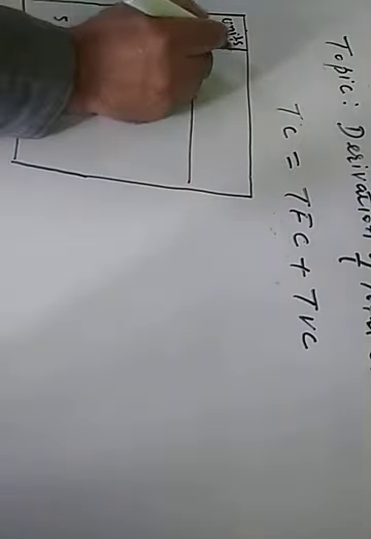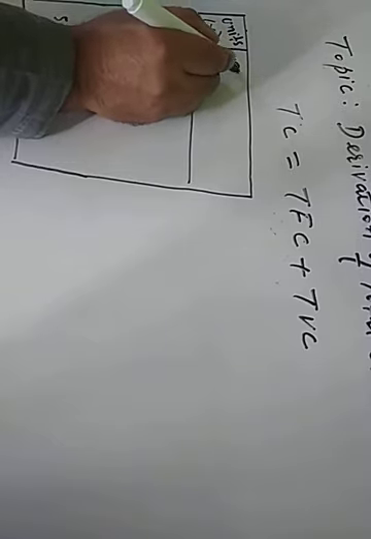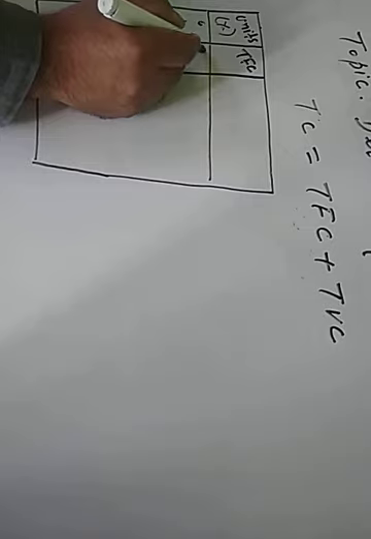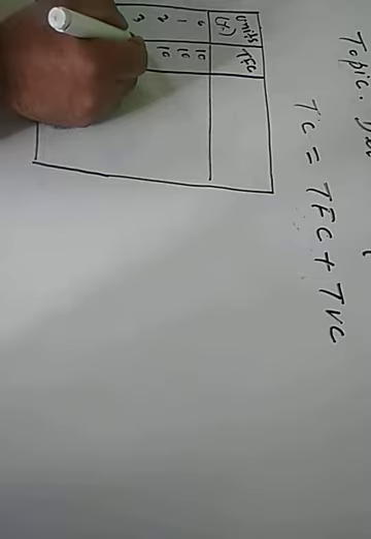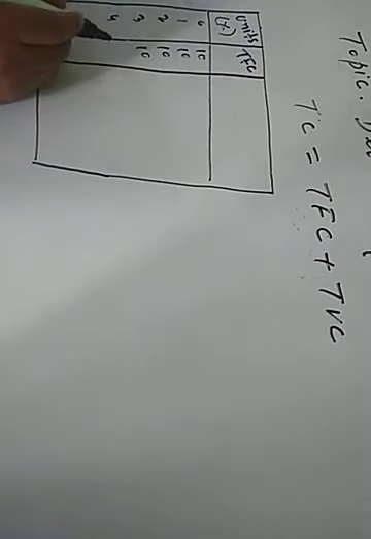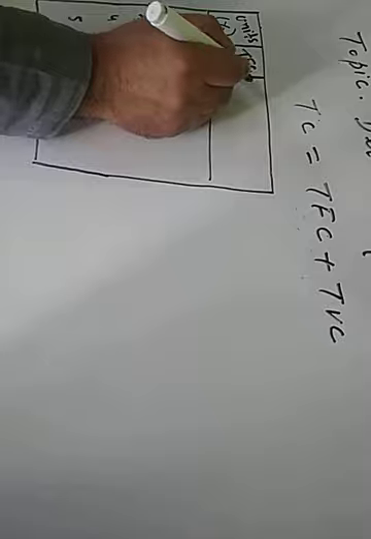And total fixed cost, which will remain the same for every unit of commodity X produced. I have told you why it remains fixed in my previous lecture, so I will not go into detail once again. I will write only the values. Suppose the total fixed cost is 10 rupees for all units of commodity X produced. And total variable cost,